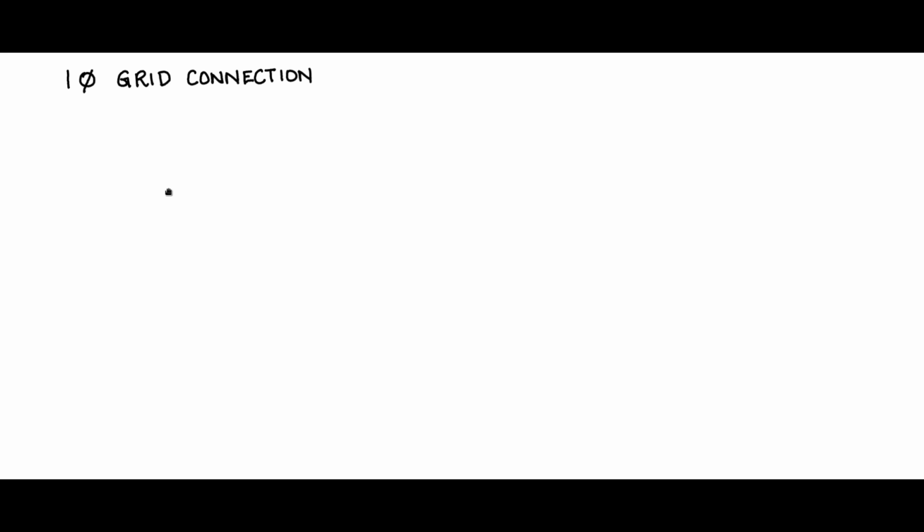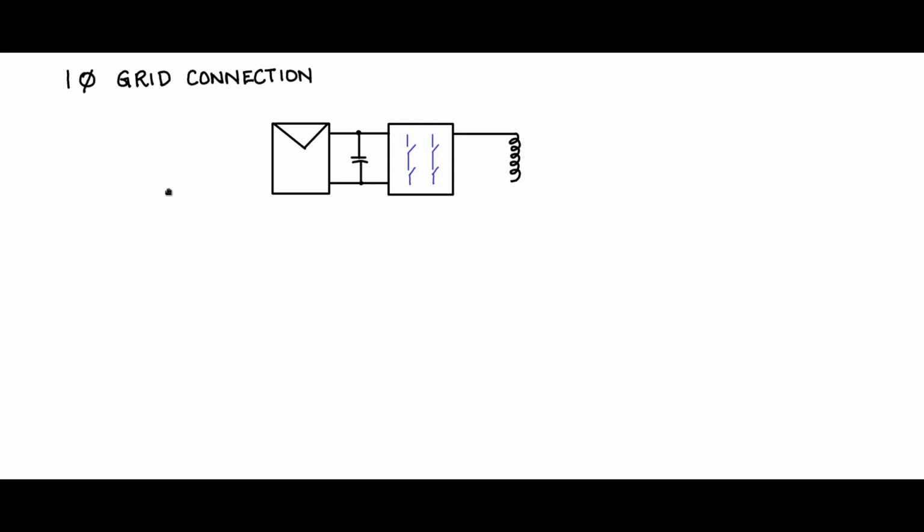Let us now discuss the single phase grid connection, as the PV module is interfaced to a single phase grid. Let us first draw the topology of the PV module being connected to a single phase grid. The PV module terminals, being buffered, are connected to a single phase inverter, which consists of a full bridge having 4 switches, and from the center of this